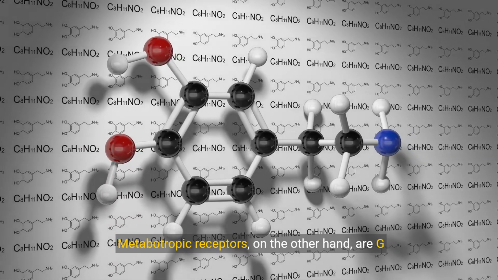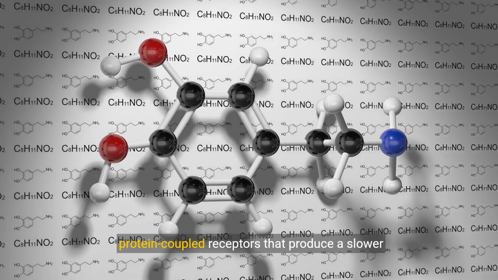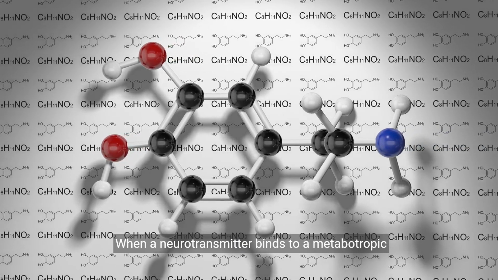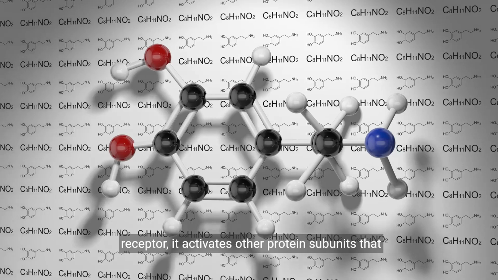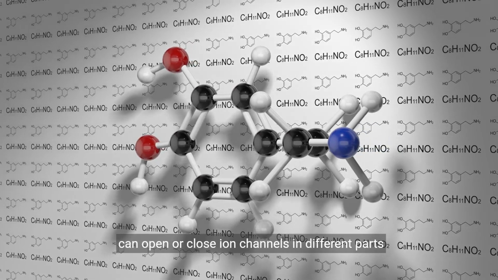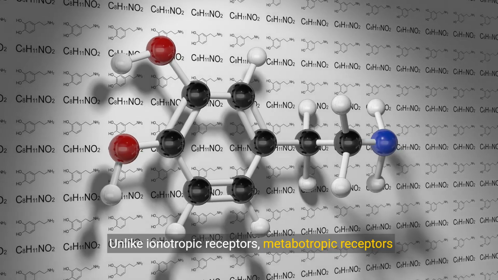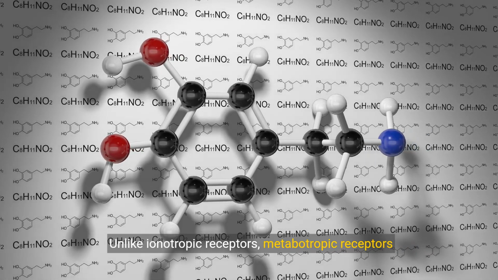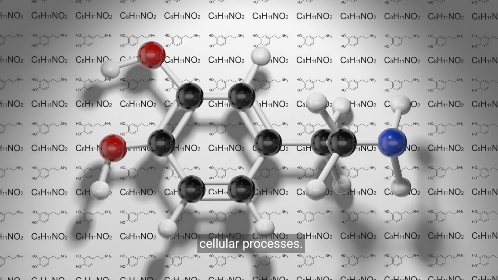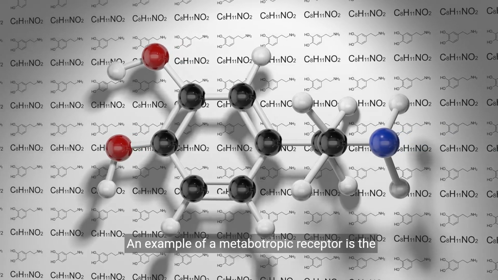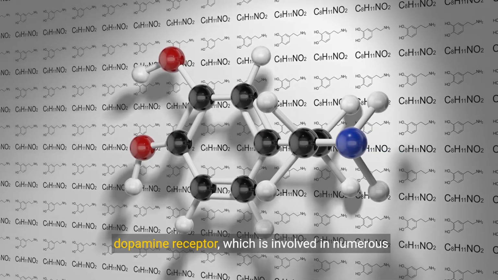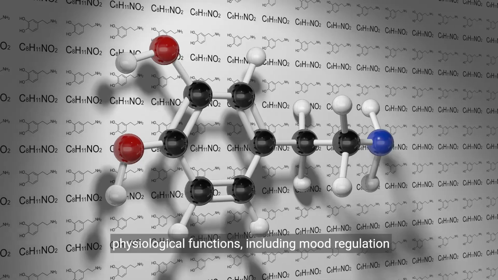Metabotropic receptors, on the other hand, are G protein-coupled receptors that produce a slower response. When a neurotransmitter binds to a metabotropic receptor, it activates other protein subunits that can open or close ion channels in different parts of the membrane. Unlike ionotropic receptors, metabotropic receptors can affect the entire cell, modulating various cellular processes. An example of a metabotropic receptor is the dopamine receptor, which is involved in numerous physiological functions, including mood regulation